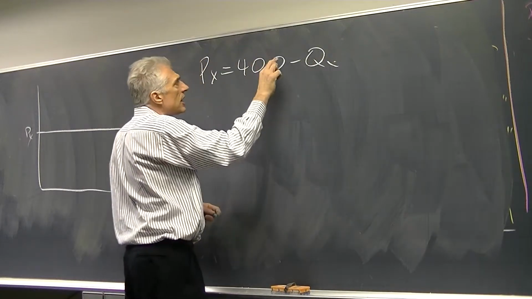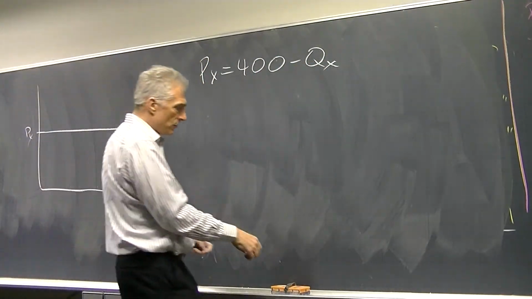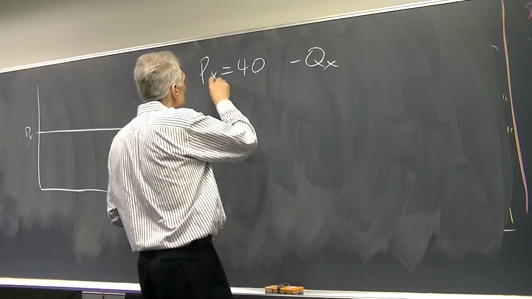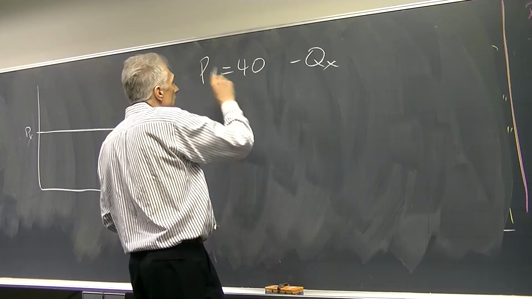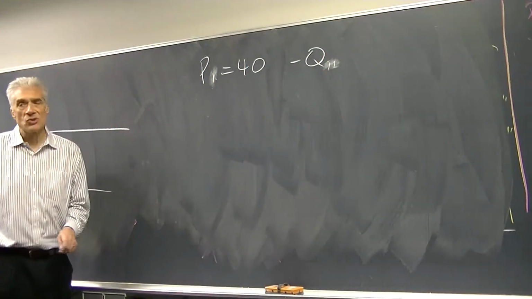Oh no, 40. Yeah, I said 400, I think. Sorry, it was 40. 40 minus QX. So that's P1, Q1. So 40 minus QX, and I said, okay,